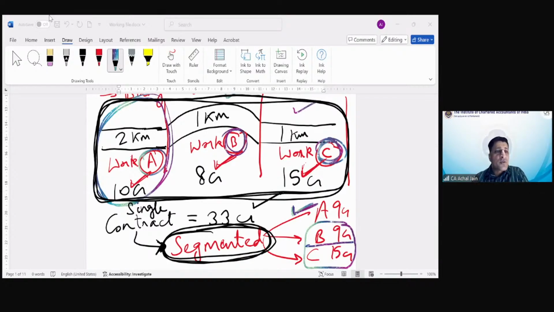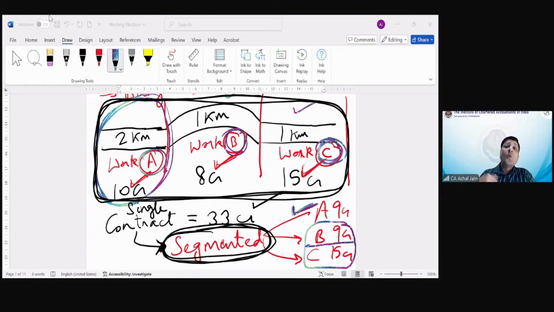Great. So then I have this question from Laurie. She's asking, if work A is completed by the end of the financial year, then the value of work A should be recognized as revenue, mentioning it as an interrelated contract and segmented. No, you will have to recognize revenue for A, but you will not call it an interrelated contract and segmented. You will just simply say that you have segmented the contract, and after segmenting, this is the activity, this is the work for which the revenue recognition criteria is met.